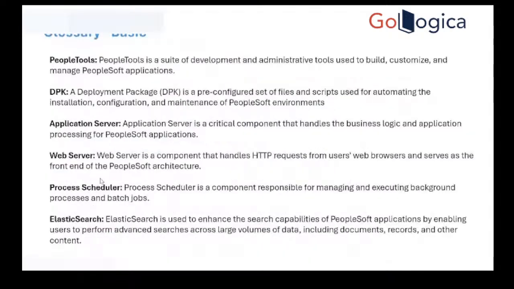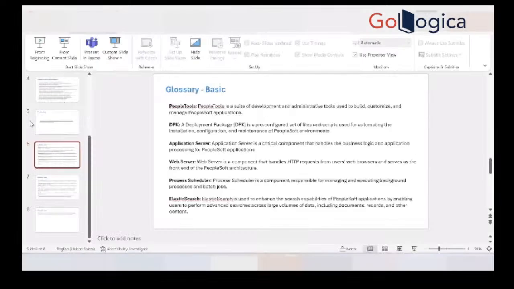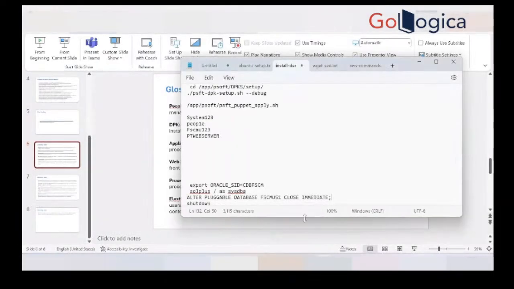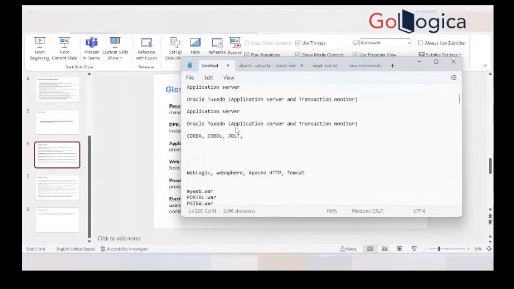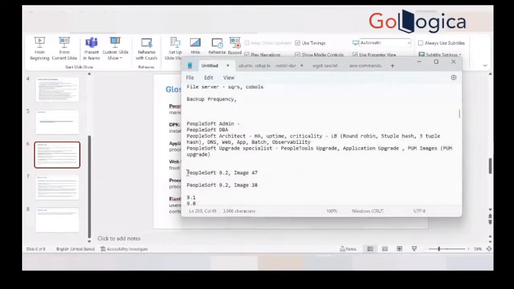Yeah. So Mira, there are two parts. One is the application, your PeopleSoft application, and when someone asks you which application version you are on, let me go to the notes. You would say you are on PeopleSoft 9.2. 9.2 is the application version, right? And